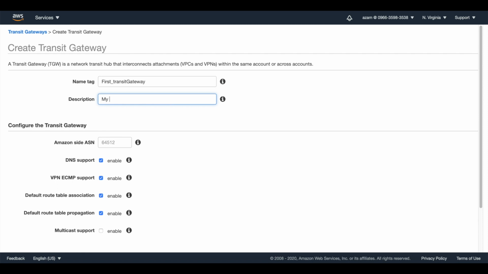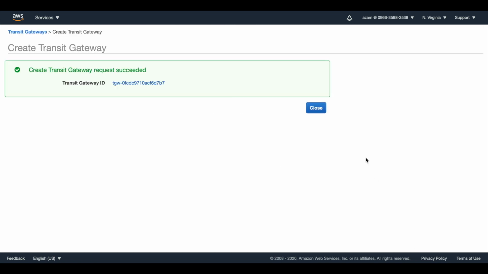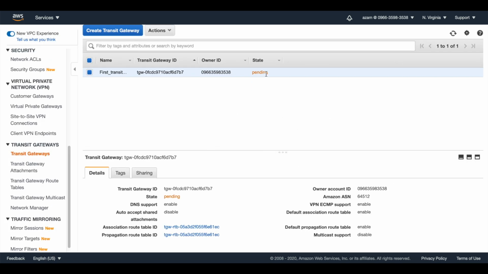Description: my first Transit Gateway. I don't have to do anything else, just create the Transit Gateway. The state is pending and it's going to take some time, so I'm going to fast forward this video and come back once it is available. The Transit Gateway is available, up and running.